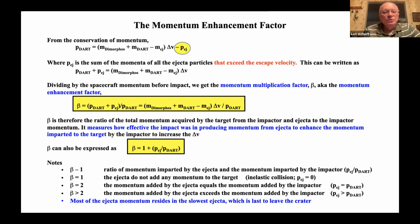So basically what it is, it's a ratio of the total momentum required by the target from the impactor and the ejecta to the momentum of the spacecraft. It measures how effective the impact was in producing momentum from the ejecta to enhance the momentum imparted to the target. And one equation